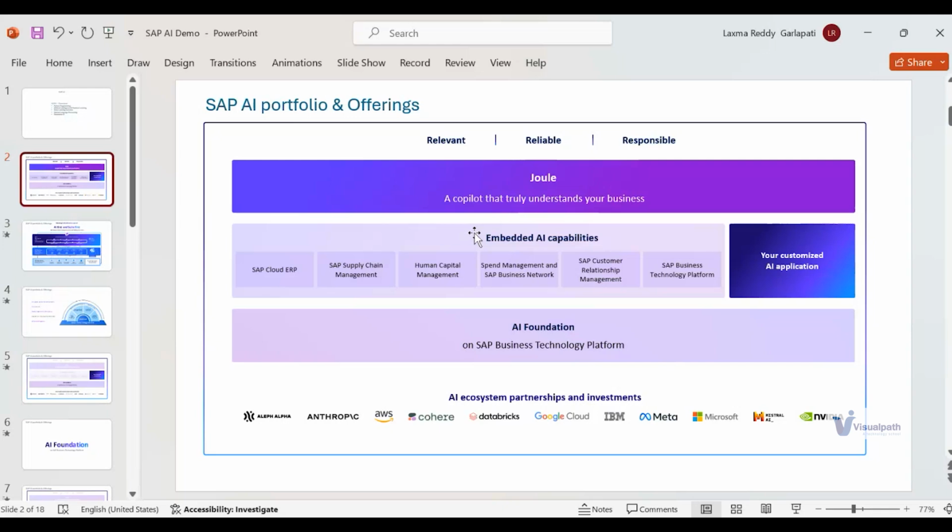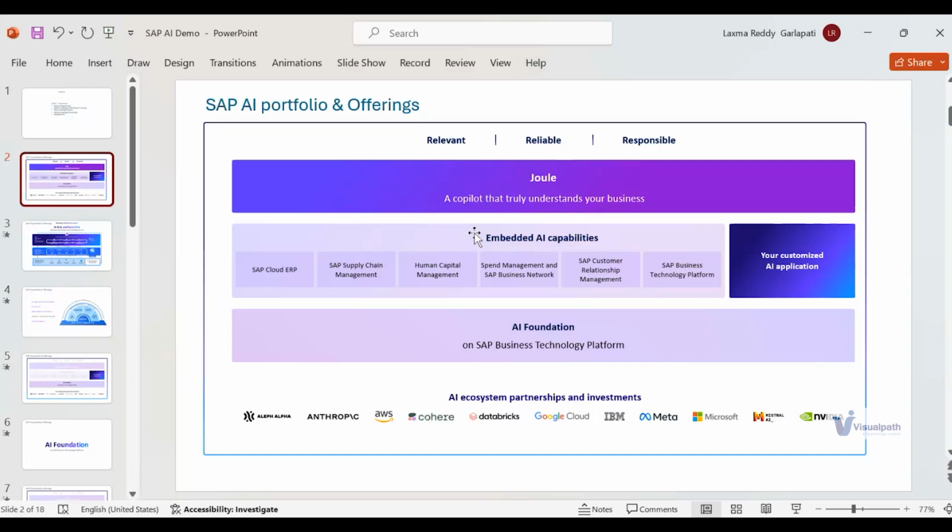So within the same context, within the same session, if I ask Joule, it would navigate to the respective area of integration in the SAP system and get me the results. That means as a user, the complete seamless communication across the functions and collaboration is already taken care of by Joule itself, without involving another business consultant from a different area, right? So that is where SAP is moving towards. In the next couple of years, maybe 2 to 3 years, every product of SAP would be enabled with Joule.